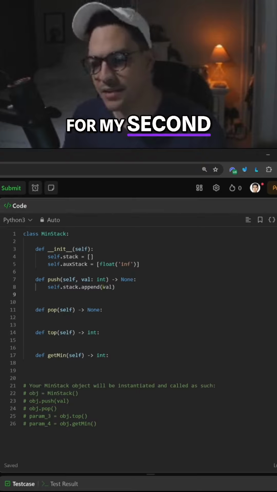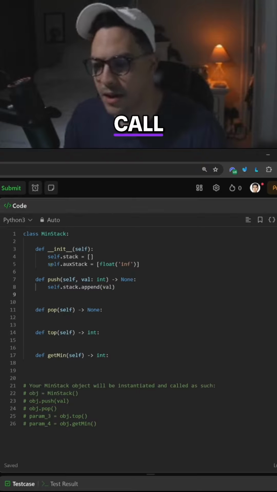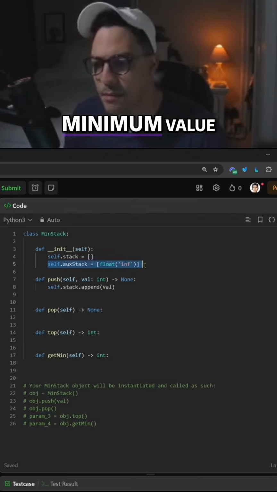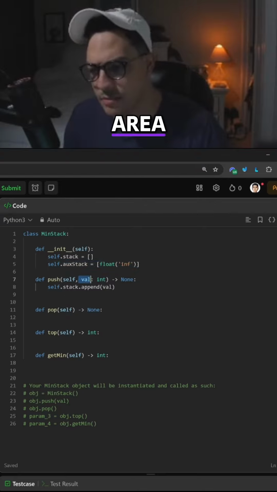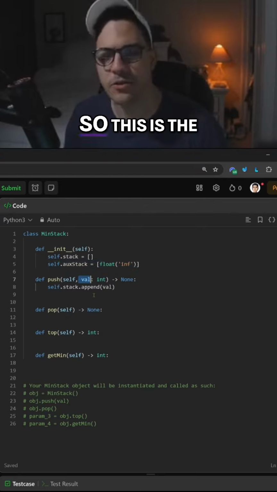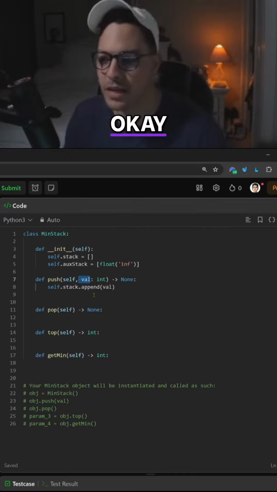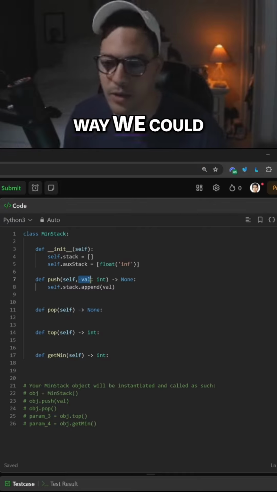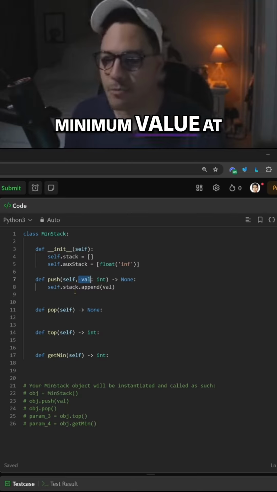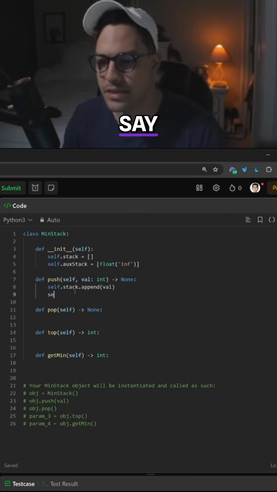Now for my second function, for my second call, I want to make sure I'm keeping the minimum value here. This is the only area, as I mentioned before, where we get a value. So this is the only part where we can make a comparison of the minimum values, okay? So technically, this is the only way we could know if we have a minimum value at this point. So for that, we're gonna say